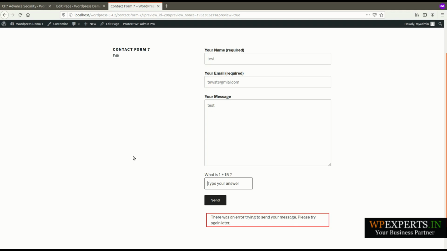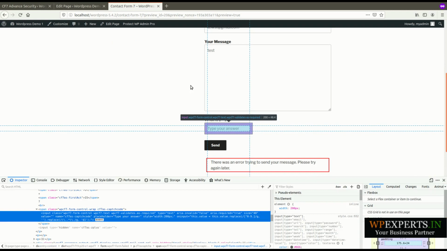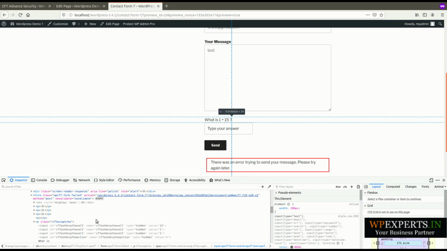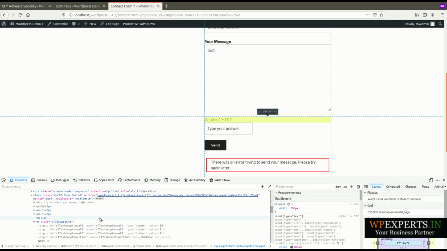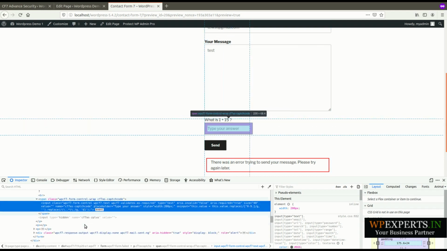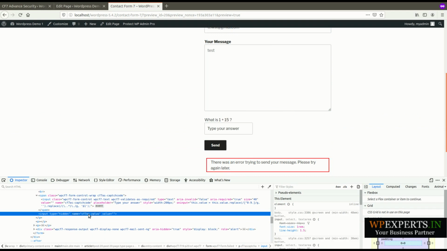Let me show you how our hidden captcha works. In case of machine spam, the spammer fills all the fields by a machine and submits the form within a few seconds. In that case the hidden captcha will be very beneficial for you to stop machine spam.